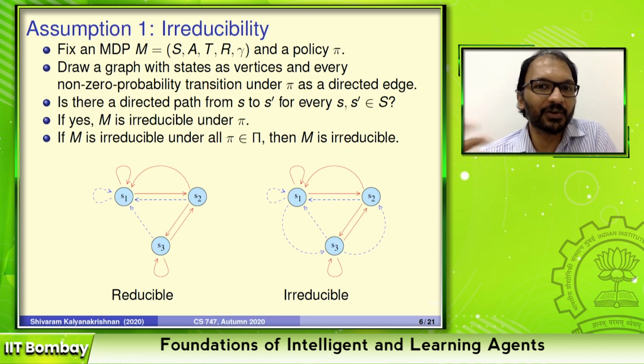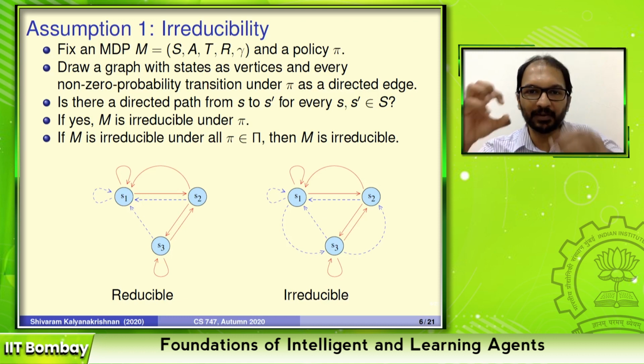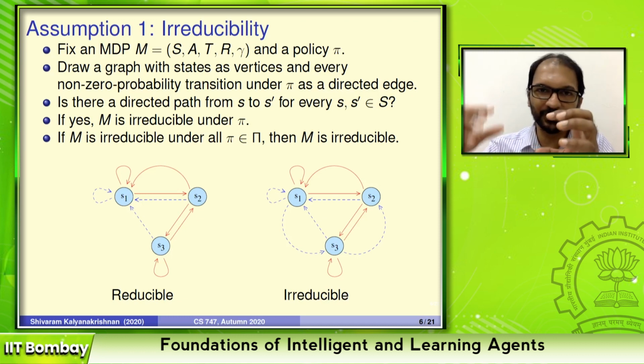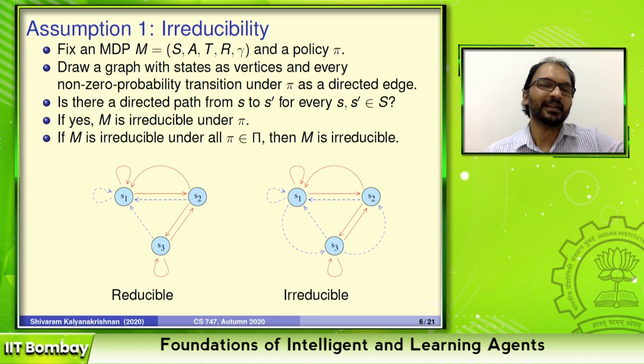It's not a reasonable thing to do, right? On this MDP, on the other hand, the one on the right, you will see that whatever policy you follow, whether you're doing red or blue at S1, S2, S3, you will always come back to your original state. So from any state, you will be able to go to every other state, and then come back to your state. There's sort of full mixing that's going on. There's no separate classes of states where you get into one and you won't go into the other. So this is basically the idea of irreducibility.